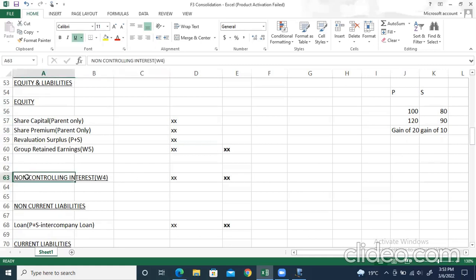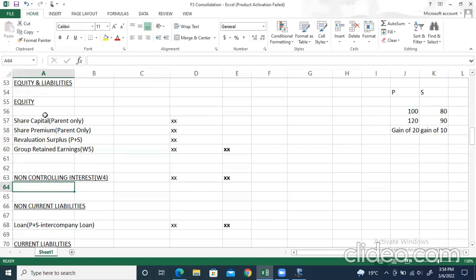Okay, now we write one more thing, which is non-controlling interest, and this was calculated in working four. The working four was dedicated to NCI, non-controlling interest. And if I recall, it had two things. First one was the fair value of NCI, like what is the market value of the non-controlling interest, right? And secondly, we added the NCI share of post-acquisition profits, the NCI share of the difference of working two items, right? So the answer of this, the working four, we'll write it over here